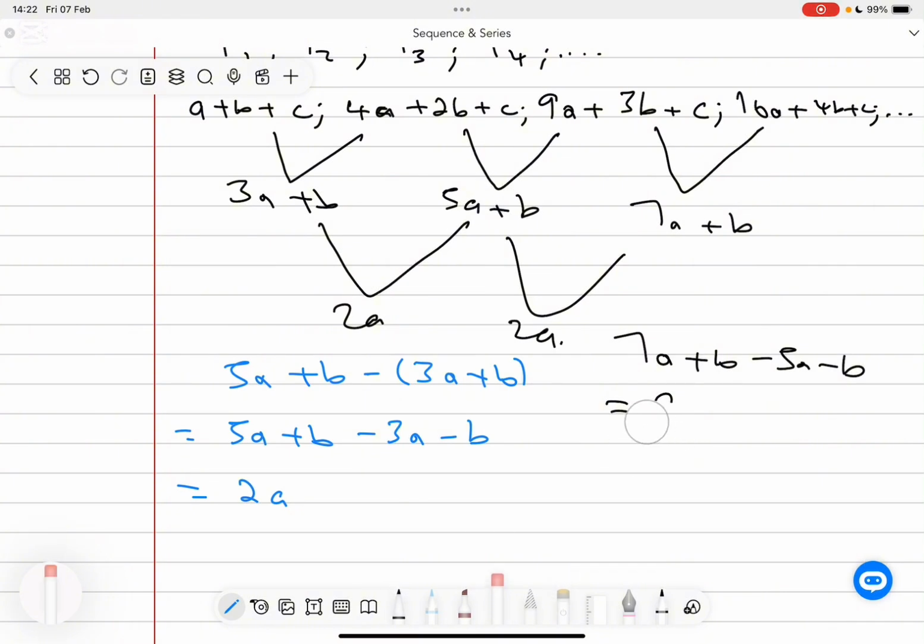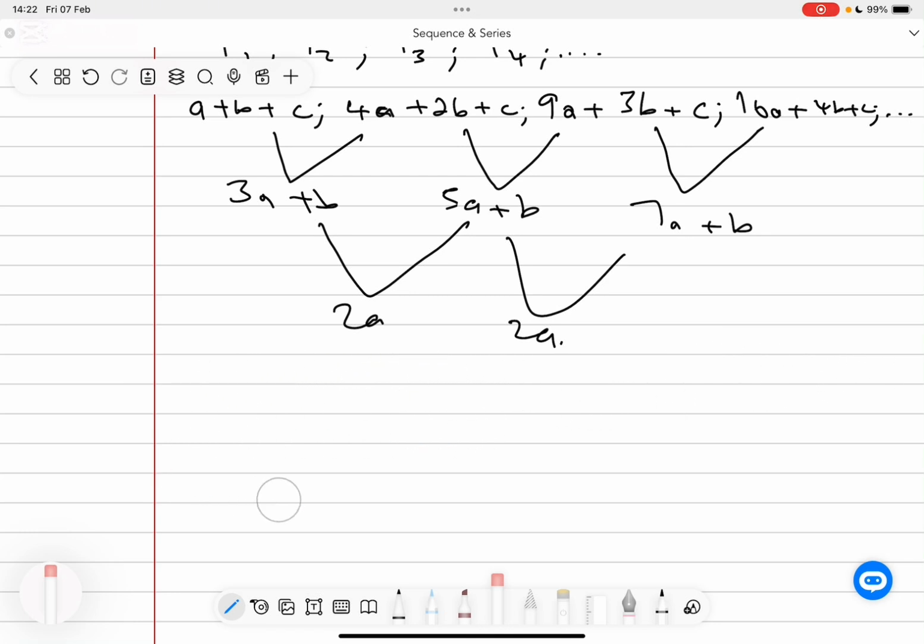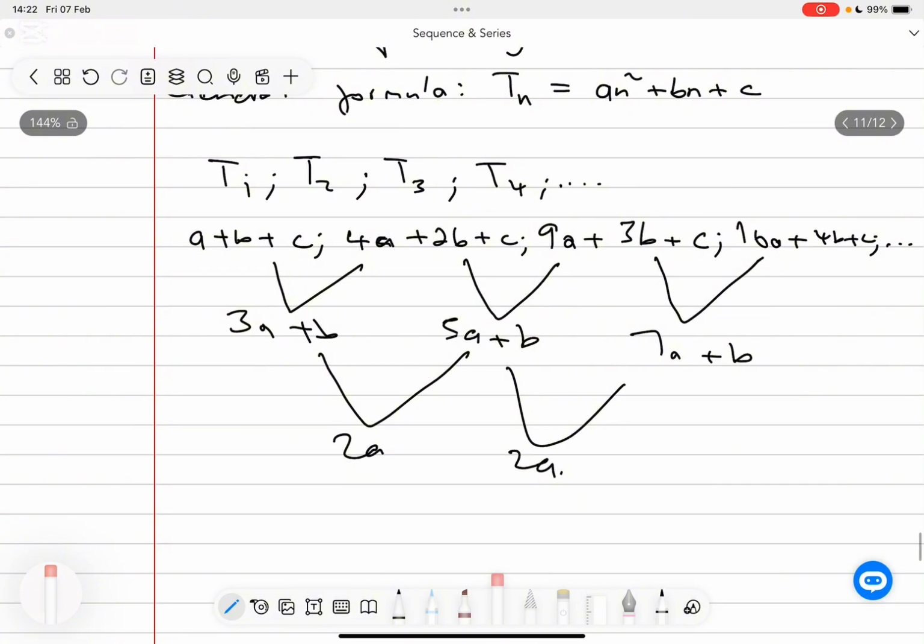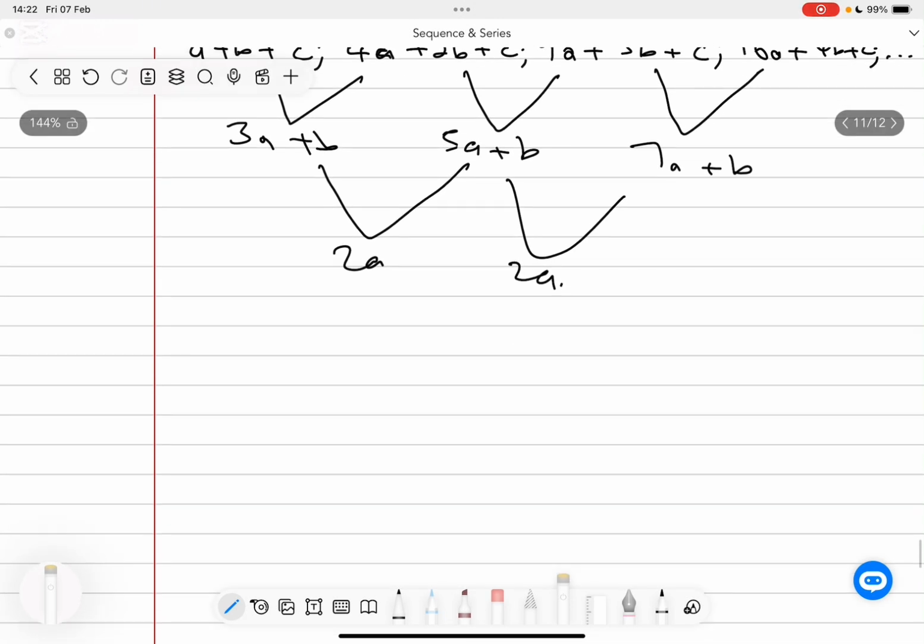Now that is some interesting results that we get here. It seems to me that when we find the second difference, meaning when we subtract the successive terms between the first differences that we got, we get a 2a. We seem to get a common difference, right? So that's a very interesting thing, because we can then treat this in a way that we do conclusions to say, now if we have a quadratic